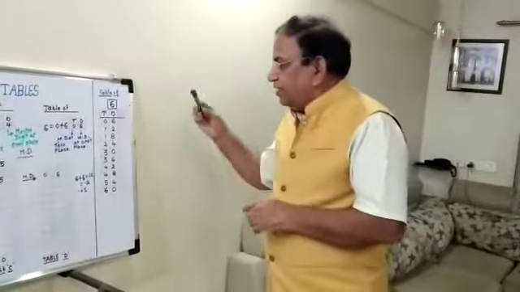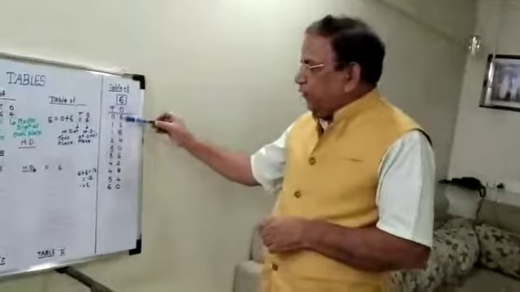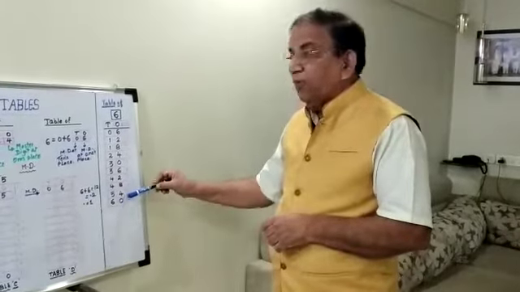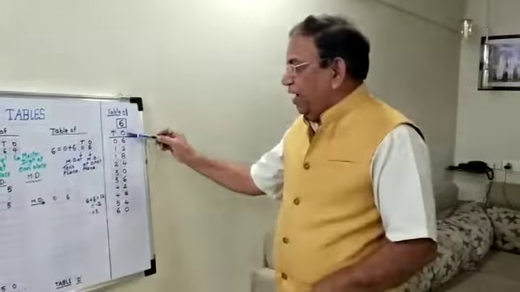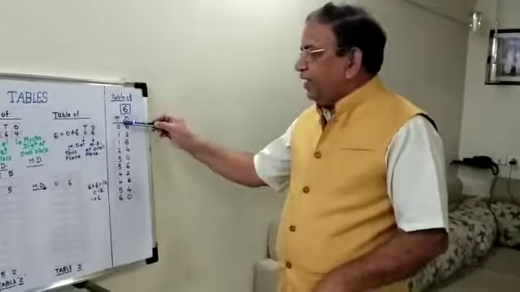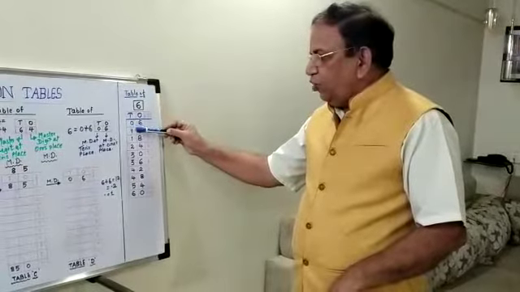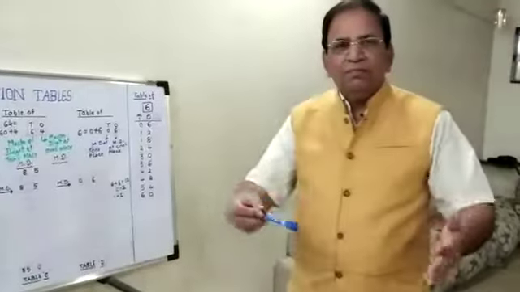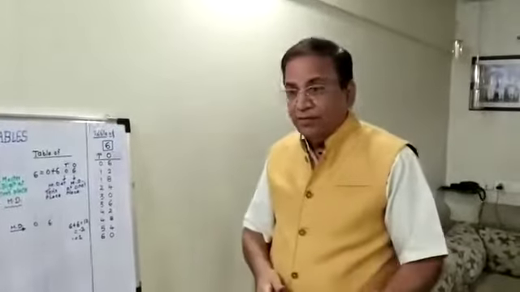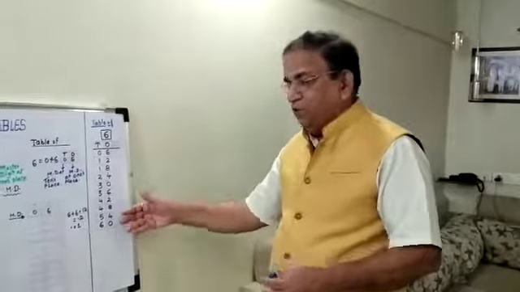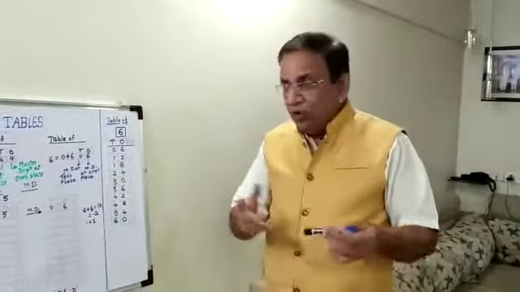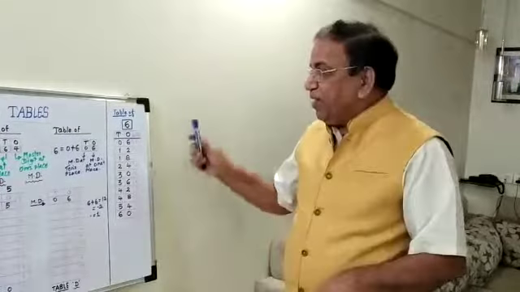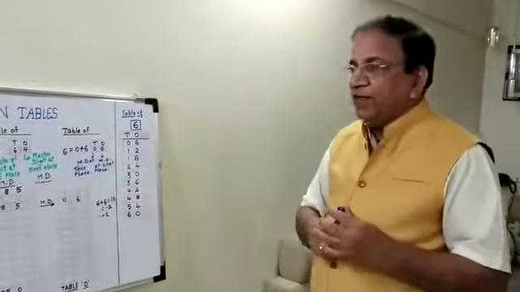See, in this table, if you can get these numbers at the ones place by some magical method, and afterwards if you can get these numbers 0, 1, 1, 2, 3, 3, 4, 4, 5, 6 by some other method, then our table will be automatically ready. So we will not be required to memorize this. Okay? So today we will be considering any table.